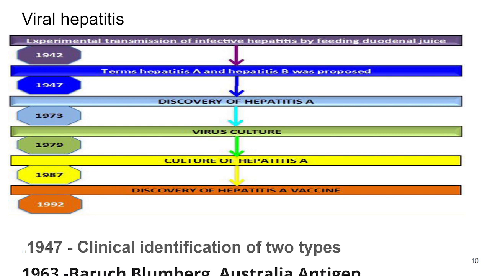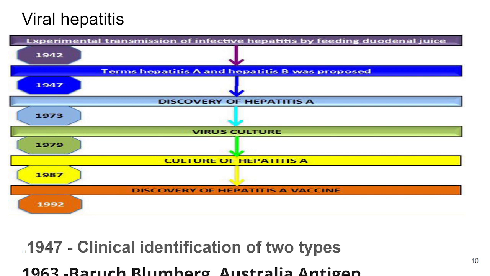Of course, since a long time historically, epidemics of jaundice were known and named with different entities. A virus being responsible for that is a very recent finding. It's only in 1942 that the first virus was identified as responsible for hepatitis, and in 1947 the clinical identification of the two types, A and B, was done, and the differences in their course of disease were made out. In 1963 the Australia antigen, a specific antigen of the hepatitis B virus, was identified,